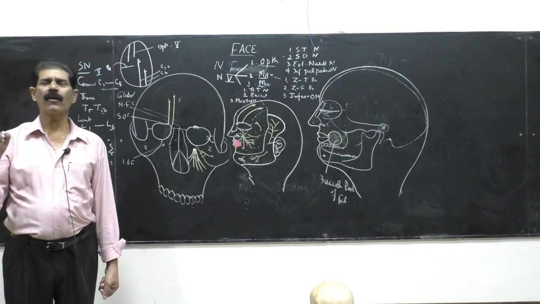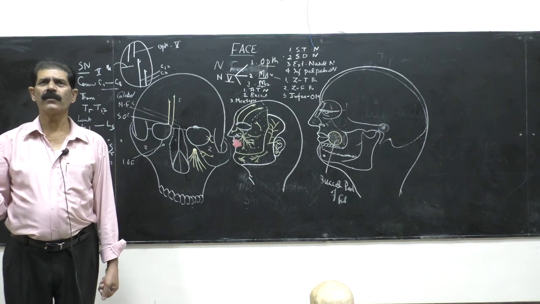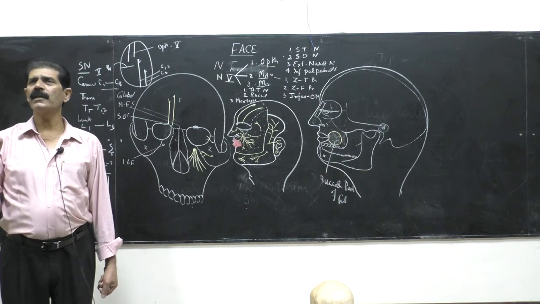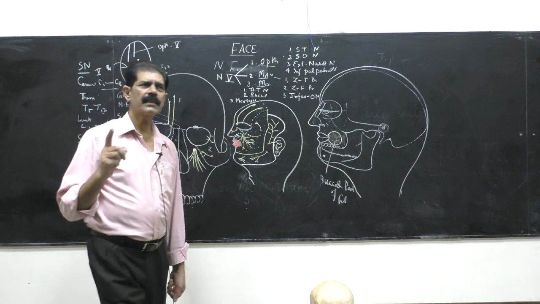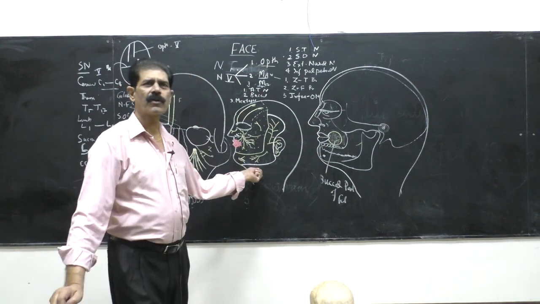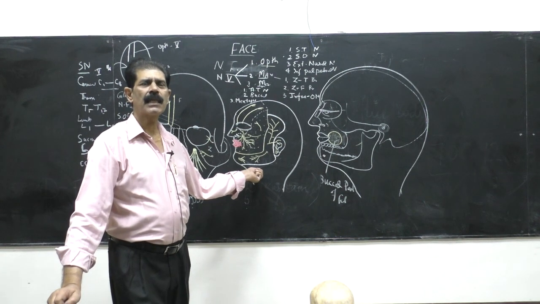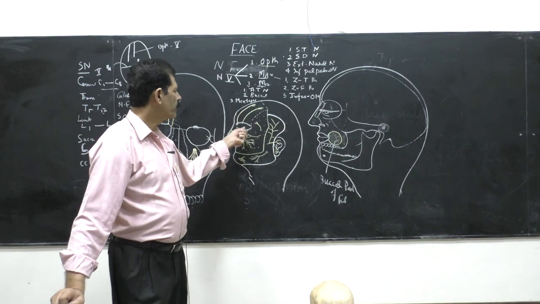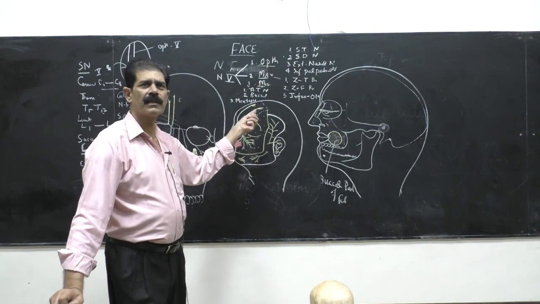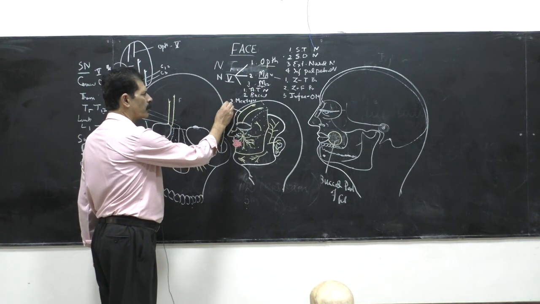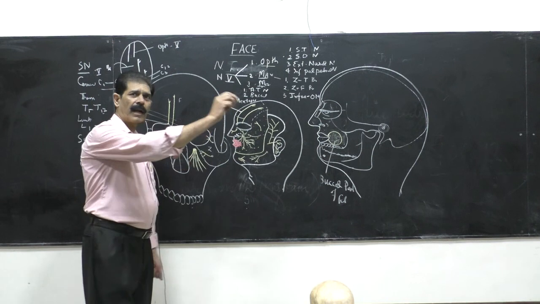You should remember all the 3 branches of the ophthalmic, 3 of the maxillary and 3 of the mandibular. The whole of the skin is supplied. So they are the sensory innervation, or sensory supply, of the skin of the face. You have to remember this diagram whenever a question comes: draw and label the sensory nerve supply of the face. You are not to number 1, 2, 3, 4, 5, 6 and then expect the examiner to search. No, you have to label like this: zygomatico, supratrochlear, supraorbital. You have to write them down.